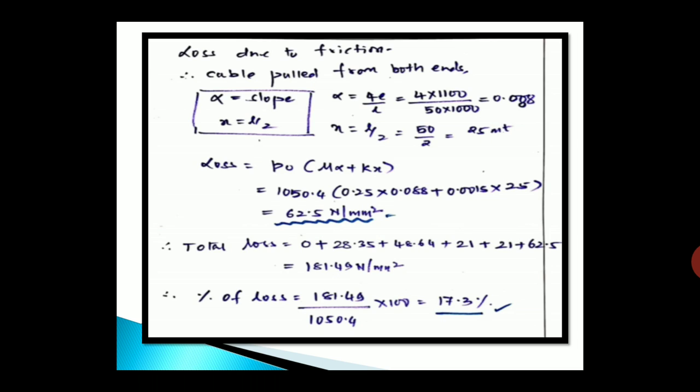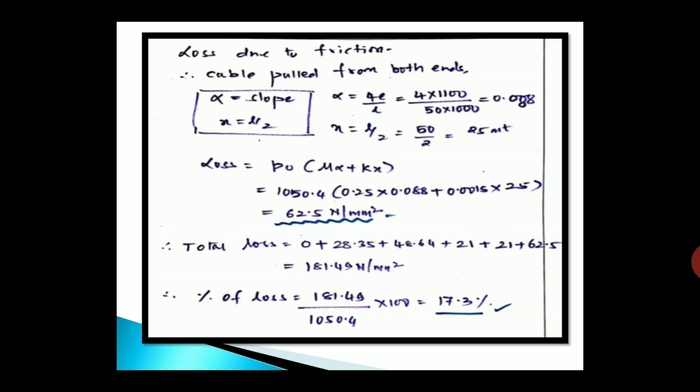Therefore, loss due to friction. Now the cable is pulled from both the ends, therefore alpha is equal to slope and the x value will be equal to L by 2. Therefore the loss is equal to P naught into mu alpha plus kx. Substituting all the values which are given, P naught, again I am repeating, is the initial prestress, which is 1050.4. Substituting the values of mu, alpha, k and x, we get loss due to friction as 62.5 Newton per mm